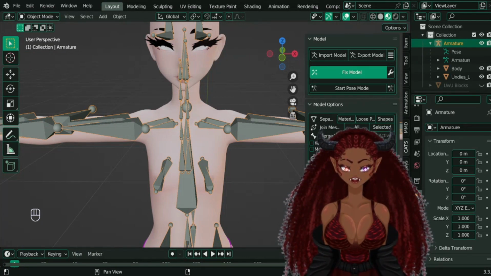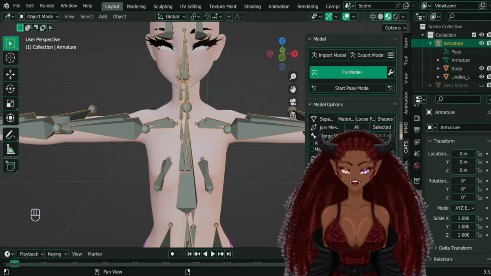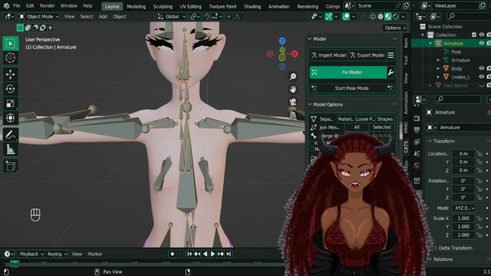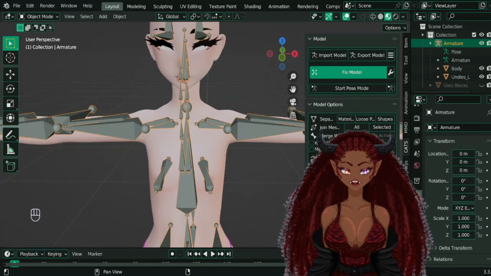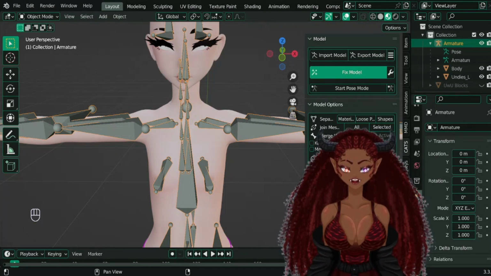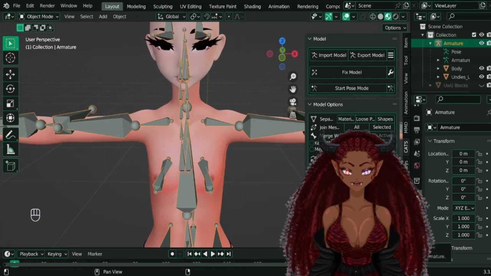Now if you're doing it the Unity route, it's a little bit different. I really don't put my things together in Unity. I put them together in Blender. So if you guys want a video on how to do it in Unity, I might have to get some research done. But if you guys want it, I will definitely do that for you guys. I have no problem doing that. But